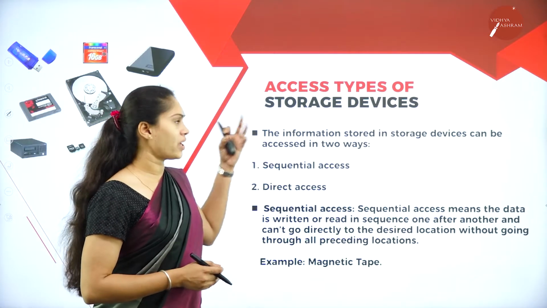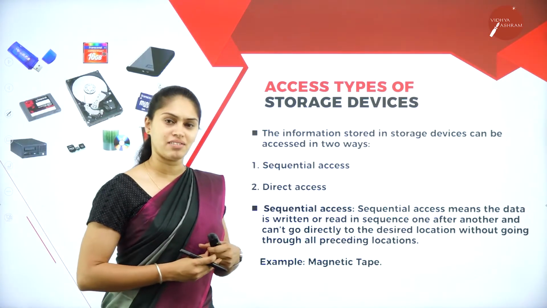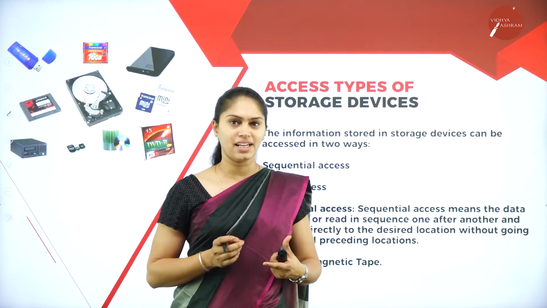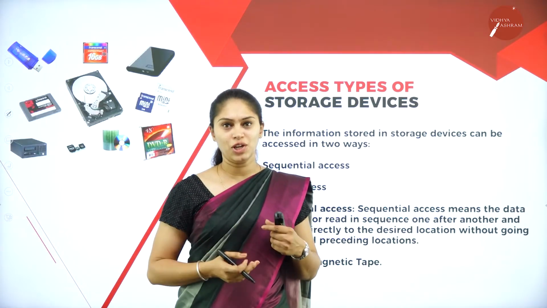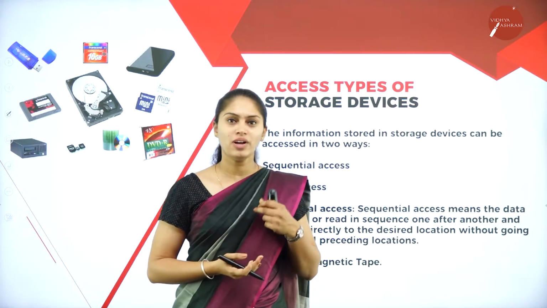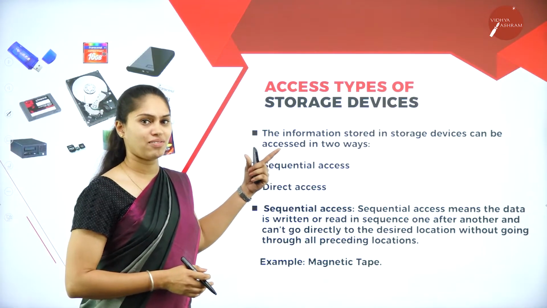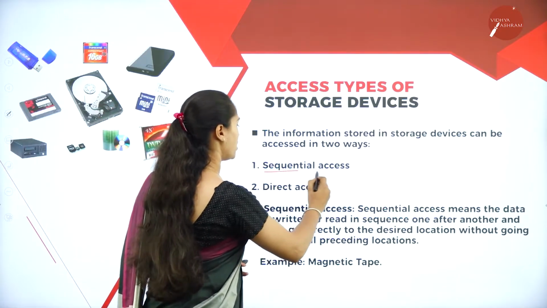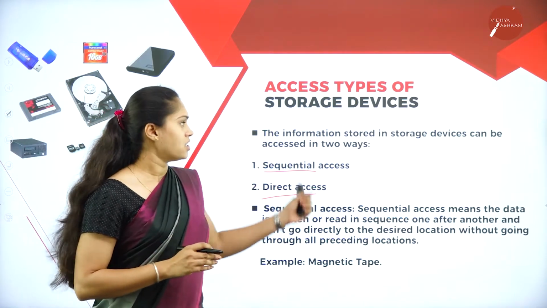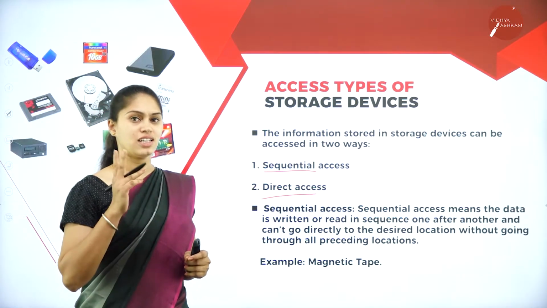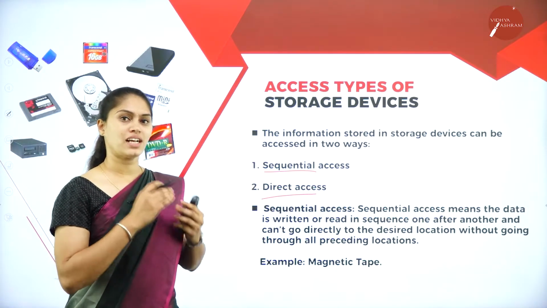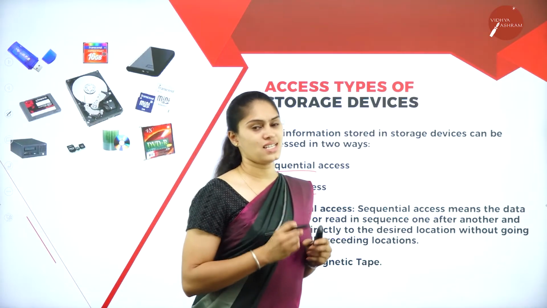Getting it? So then how can we access the secondary storage devices? I told you that you have to copy the content of that secondary memory to the primary memory. Then only you have the ability to access the data for the processing. Then how are we going to access the storage devices? There we have two methods. It could be either sequential access or direct access. The information which is stored on the storage devices can be accessed in two methods, that is sequential access and direct access. Sequential in the sense linear.